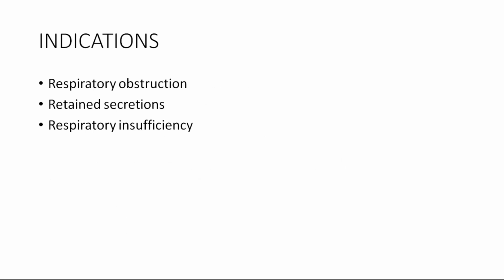Indications: respiratory obstruction, upper airway obstructions. Examples of upper airway obstruction are supraglottic carcinomas and glottic carcinomas, where we have to go for tracheostomy directly. And also in the case of retained secretions, where we have to continuously clear the secretions from the lungs or the tracheobronchial tree by using a suction cannula, which can be passed through the tracheostomy tube,